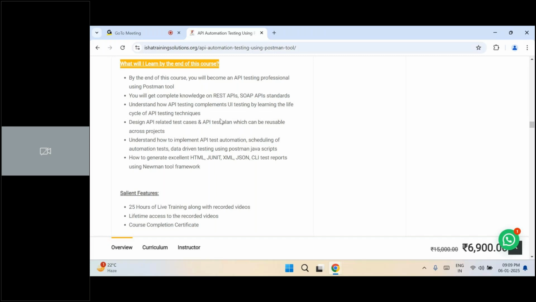These are the key takeaways of this particular course. Of course, you become an expert in automation testing using Postman tool and another framework called Newman tool by integrating it with GitHub and Jenkins. Those are the expectations.